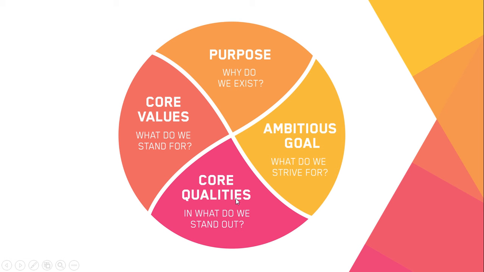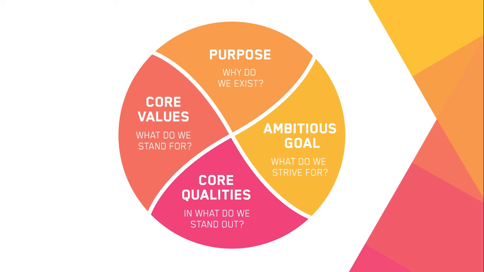So we have purpose, core qualities, core values, and lastly, our ambitious goal. So the ambitious goal explains what we as an SDG group strive for. What do we want to achieve? It illustrates our ultimate dream goal. For example, an ambitious goal of World Merit is that we would have a world where every young person has equal access to opportunities based on merit. So these 4 parts, purpose, core qualities, core values, and ambitious goal, together make a vision. Now we know why a vision is important and what a vision consists of.